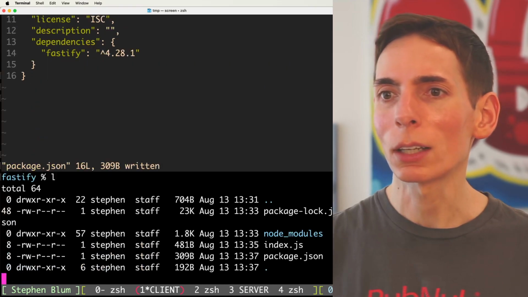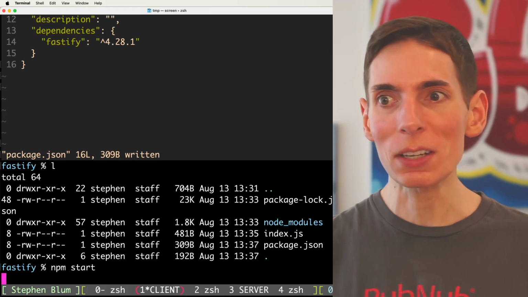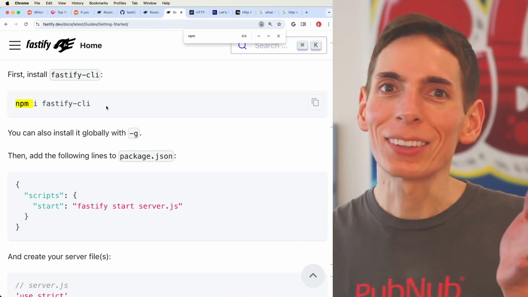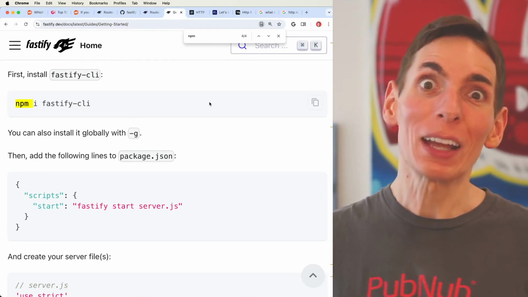I'm pretty sure I called it index. Yes, okay. Let's try it. npm start. Is it gonna work this time? And oh, of course. I love reading these docs. I go through them and then I just keep jumping around and then I keep trying until something works, but